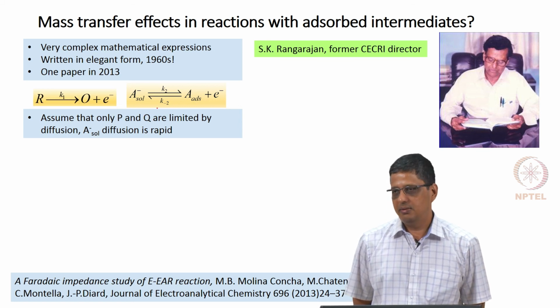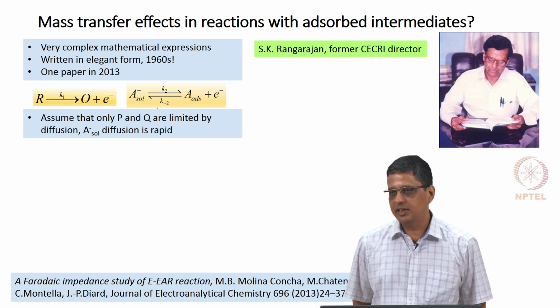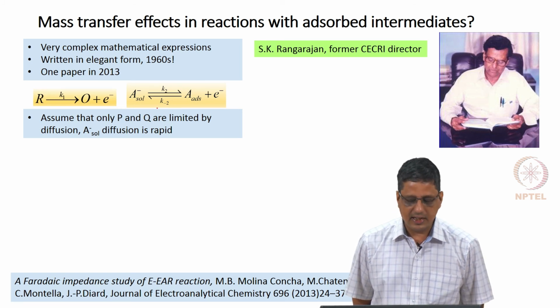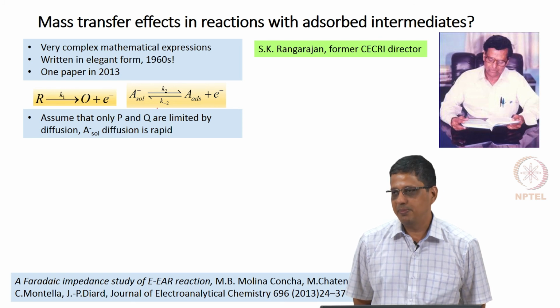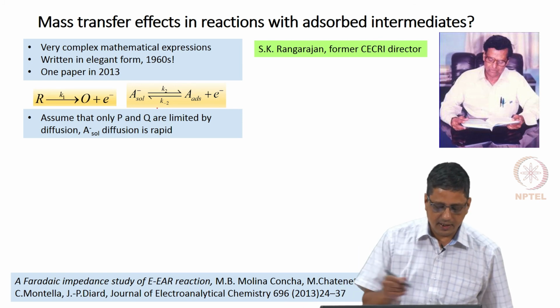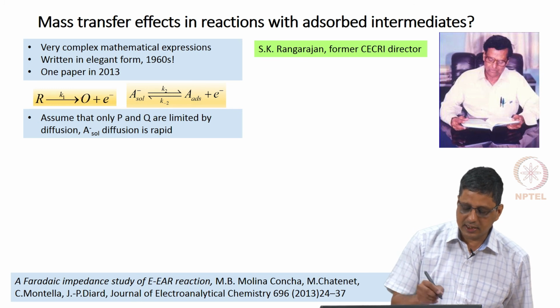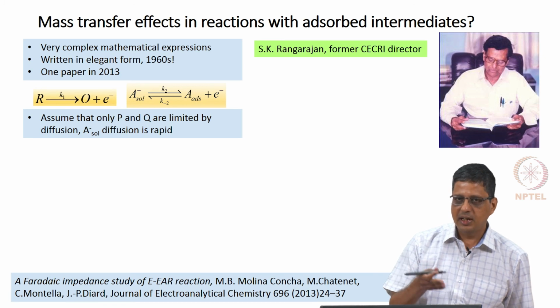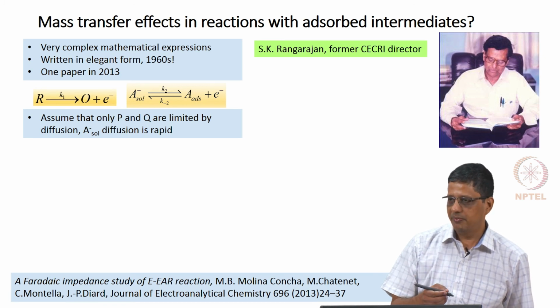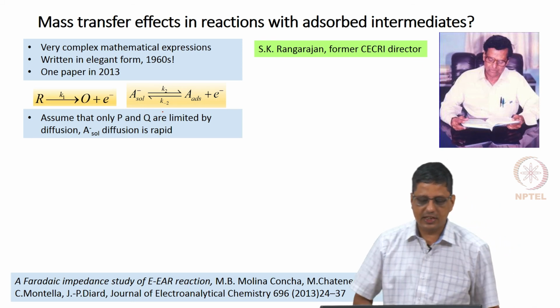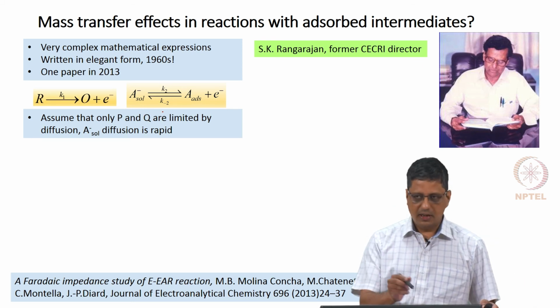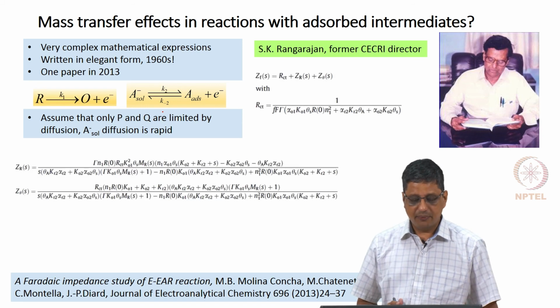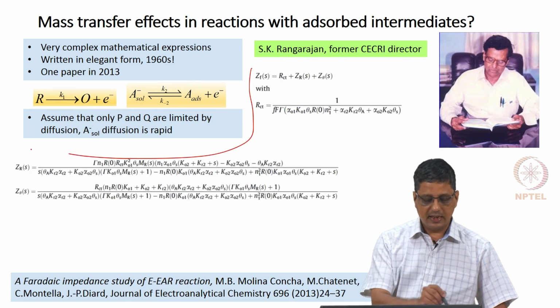It is very high level mathematics, very simple elegant expressions, but to actually derive and solve that, normal people will have to spend a lot of time. So, after 50 years an example paper came out. You take this reaction, an EAR, where you have one electron transfer reaction and one adsorption reaction, which we have seen, right. We can derive the expression for the kinetic limited case without any problem. It gives you a negative differential impedance, but if you use the matrix form that he has given, you get expressions like this.